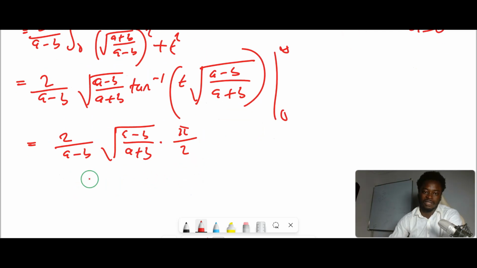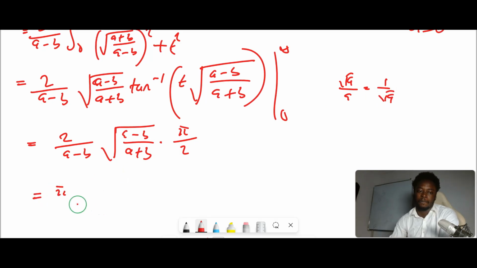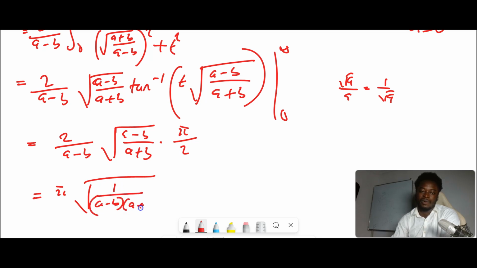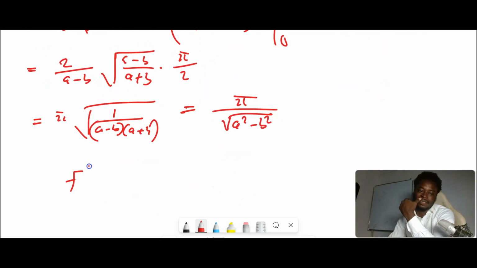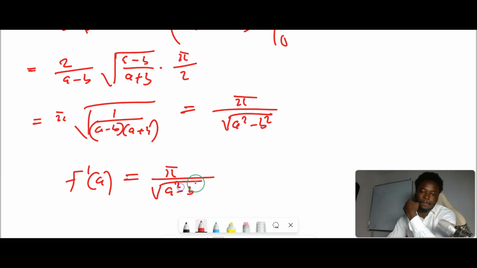Notice how the 2s neatly cancel out, and the square root of a minus b over a minus b is just 1 over the square root of a minus b, so you will have pi times the square root of 1 over (a minus b)(a plus b), which is pi divided by the square root of a squared minus b squared. So essentially we now have that f prime of a is pi over the square root of a squared minus b squared, which means that f of a